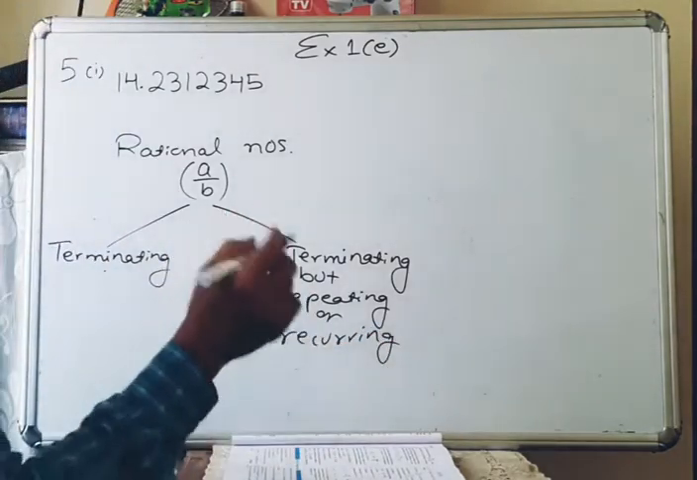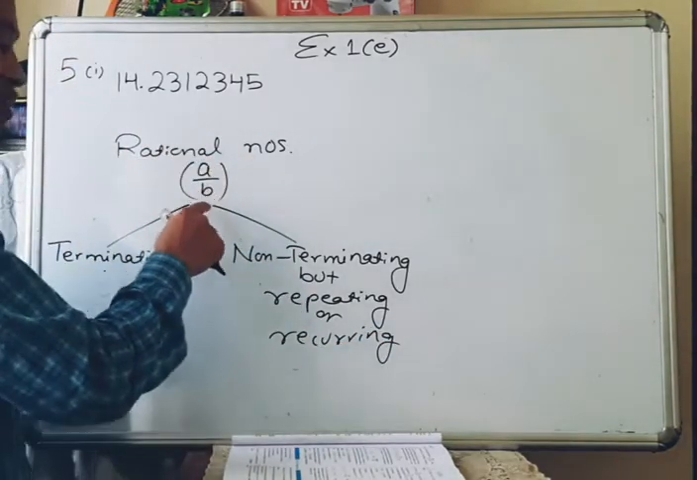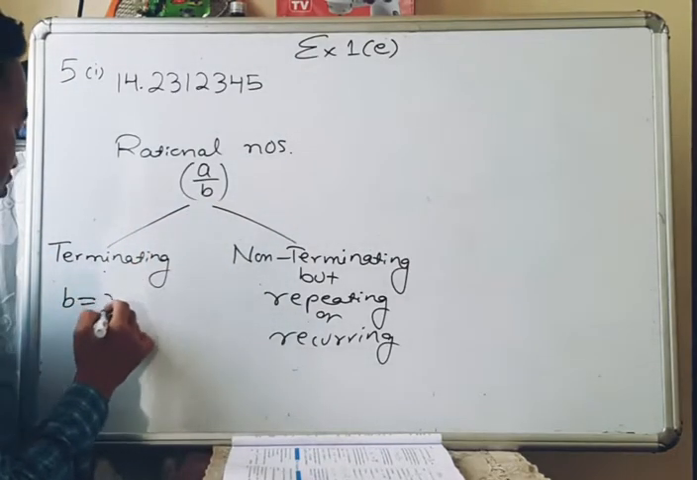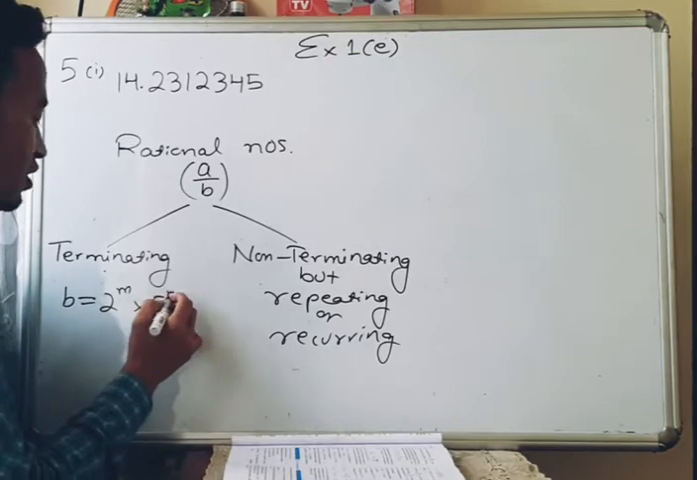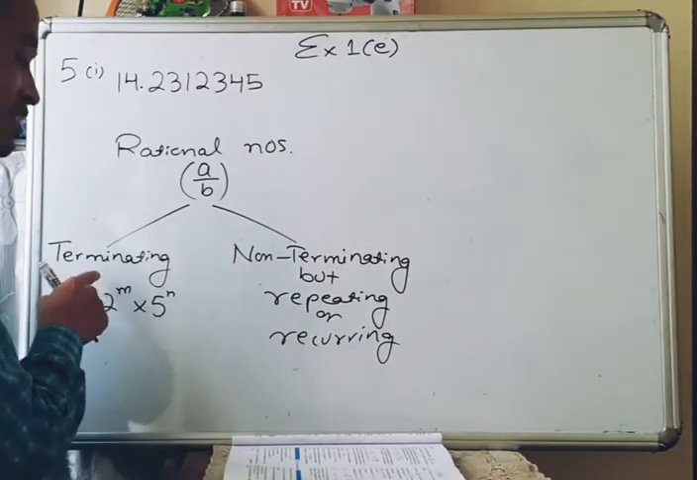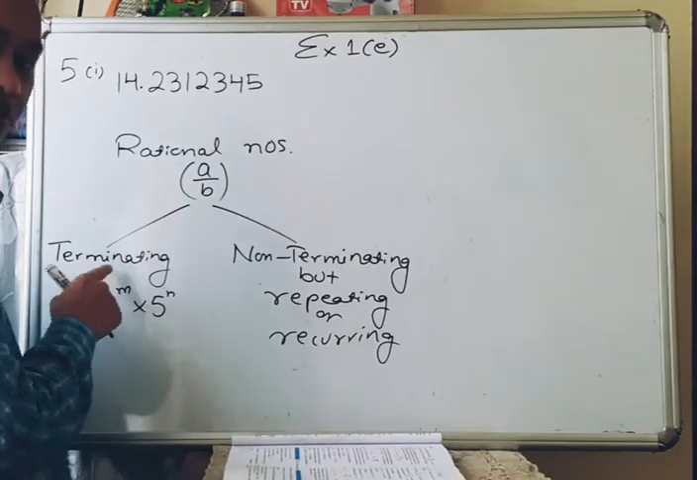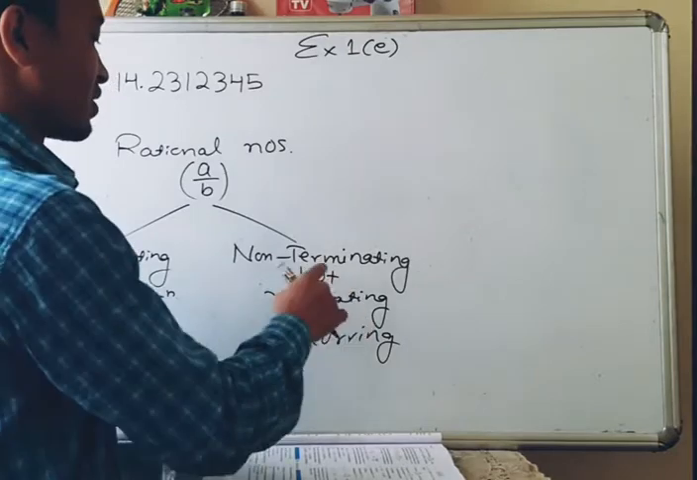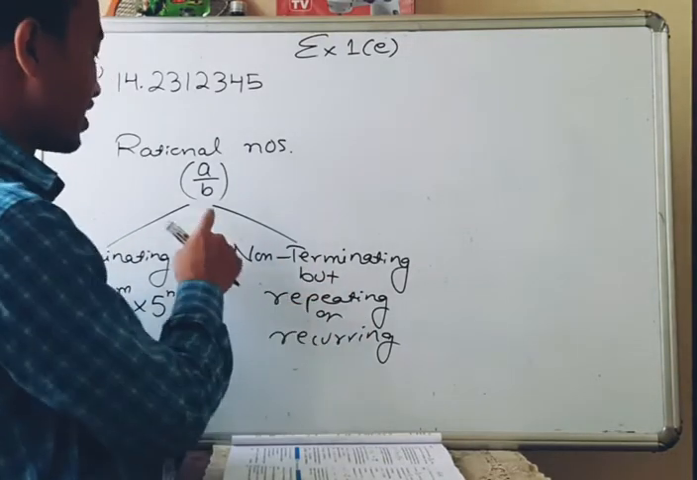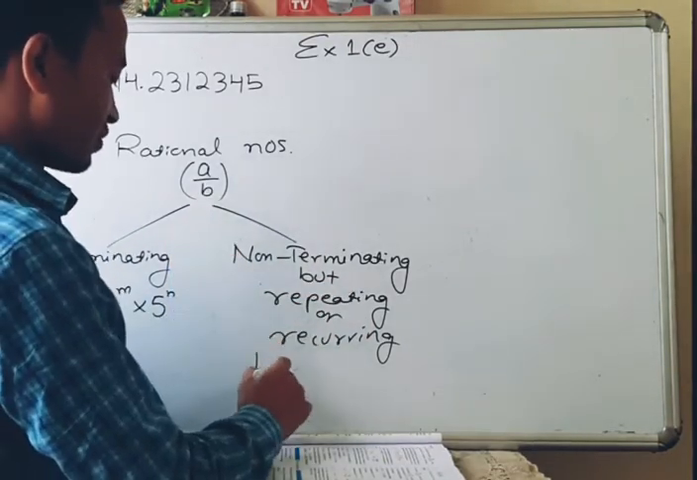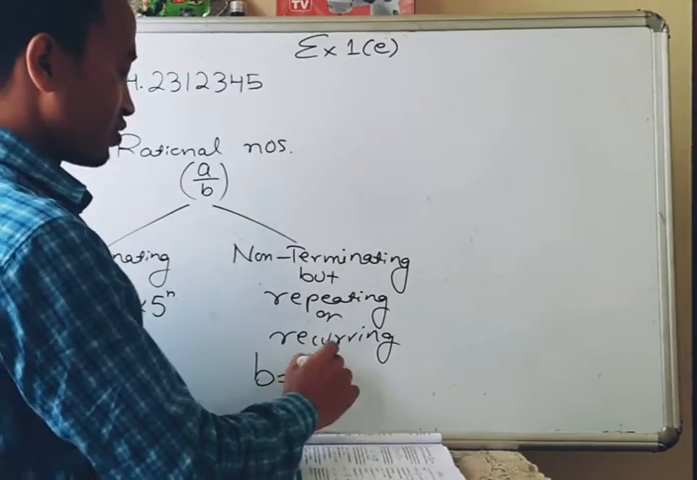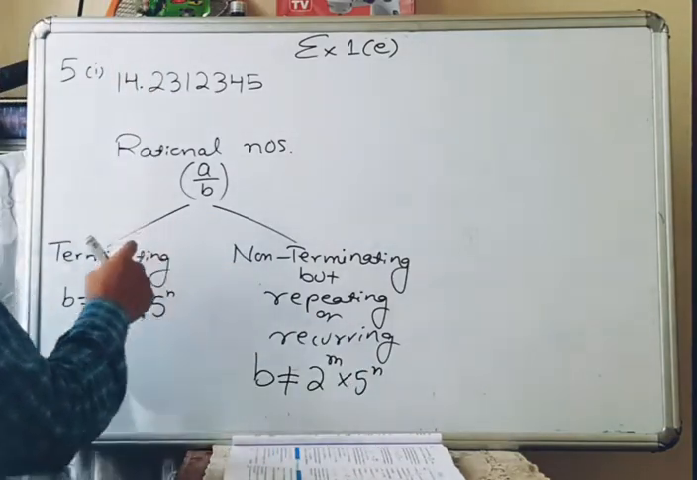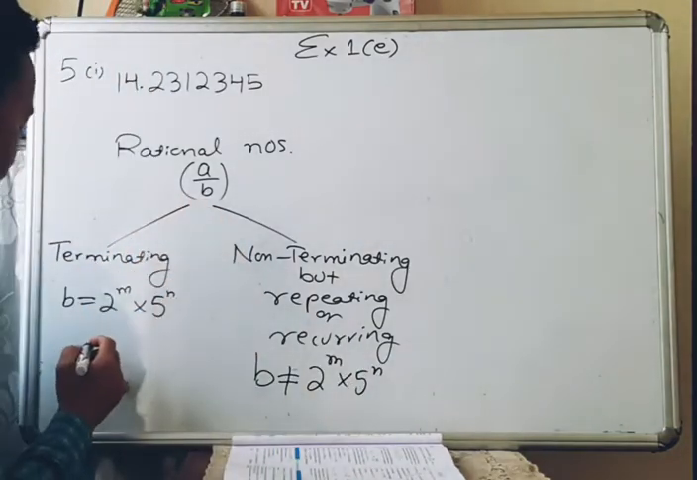If a rational number is such that b is of the form 2 to the power m into 5 to the power n, then we remember that it has a decimal expansion which is terminating. But if the decimal expansion is non-terminating but repeating or recurring, then b cannot be written in the form 2 to the power m into 5 to the power n. When I say terminating, it is something like this,